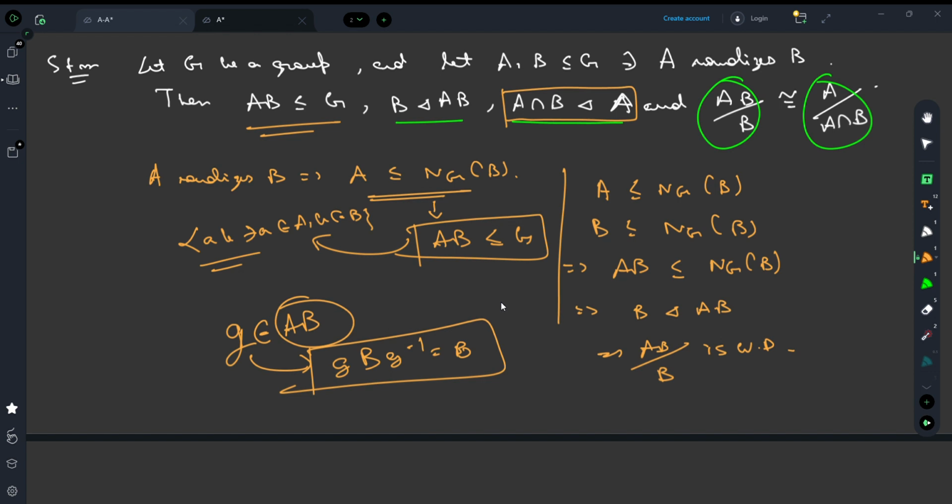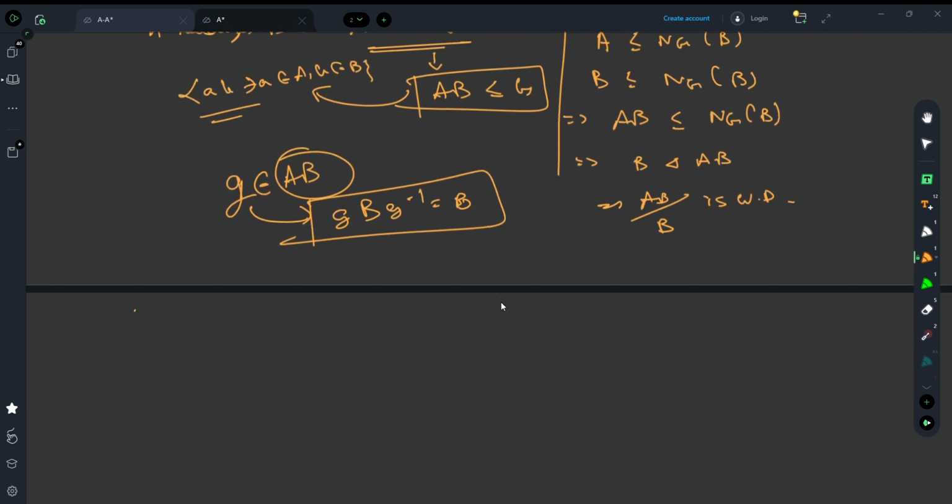Whatever isomorphism theorem we have, whenever we need to prove any sort of isomorphism between groups, the first tool which comes to use most often is the first isomorphism theorem, and we will prove this isomorphism theorem using the first isomorphism theorem as well. What we do is that we